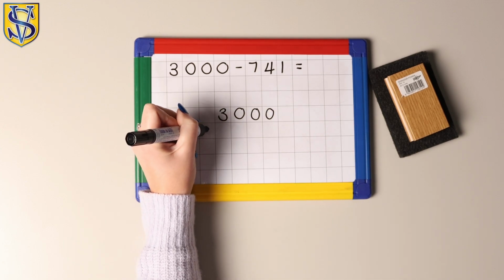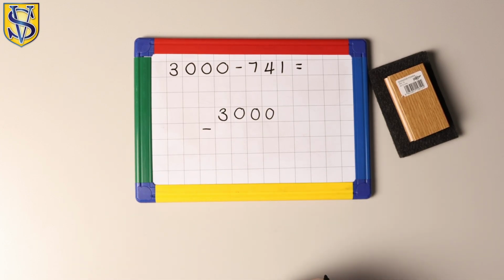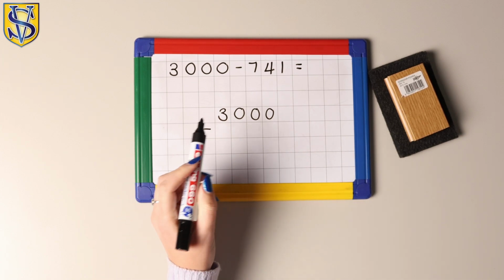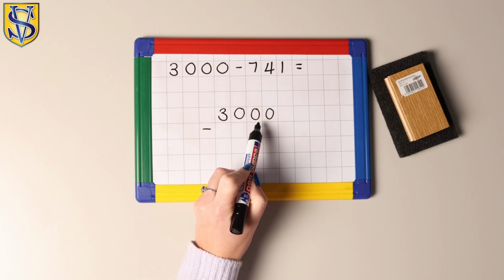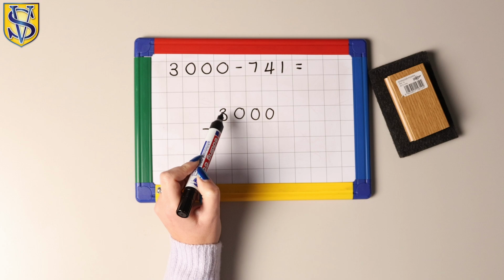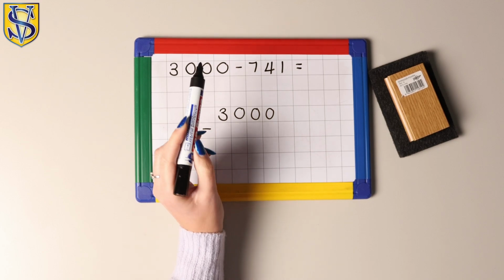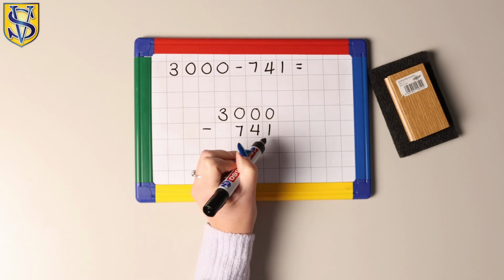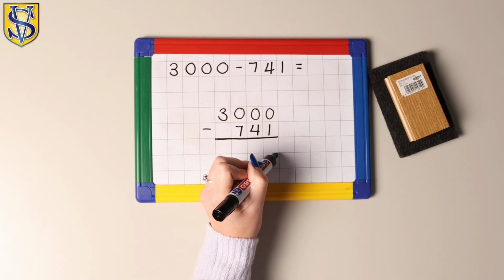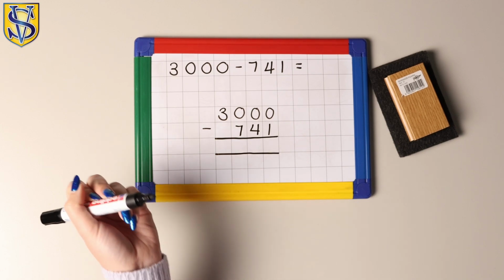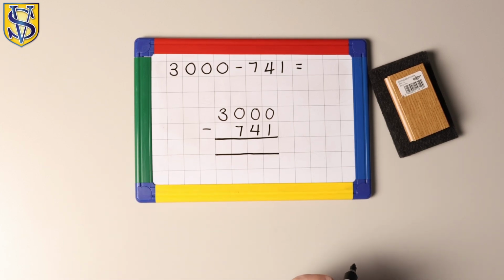And then the subtraction sign. It doesn't matter if you put the subtraction sign at the end, the important thing is that it's included. And then we've got to make sure we've got the correct alignment, because this is thousands, hundreds, tens and ones, and this is just hundreds, tens and ones. So I don't have anything in the thousands column here, so I'm going to start from here, 741, and then make sure I have the space. So now I've got the alignment correct, I'm going to start answering this question.